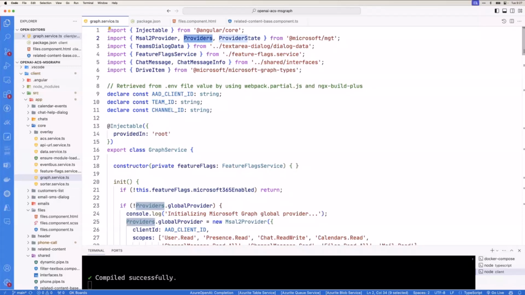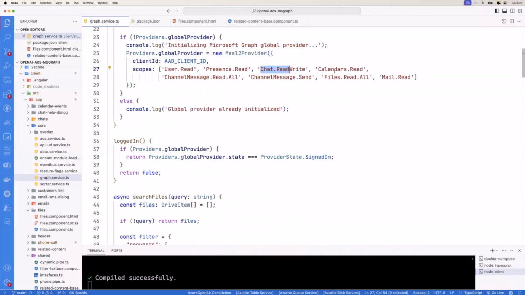Not really using that, but that's where if we go here, and you'll notice here you can't really see anything, but I could add a little bit of extra work to say, I don't know, put maybe a green circle around this person if they're available, or a red circle around them if they're in a meeting, something like that. That would be presence. We're going to get to chats, calendars, channel messages, files, mail, all that fun stuff. So we're going to set that up. And that is the magic to get us to what we're going to cover.